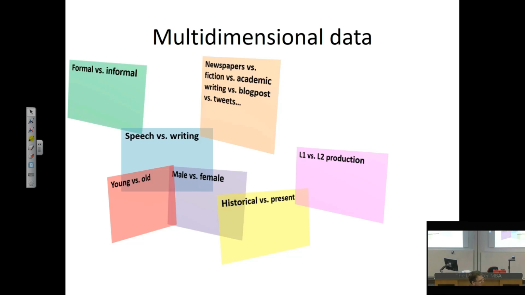We can look at different speakers, young and old, male and female, speakers from different social classes, if you like, especially in the British context. Speakers from different historical periods and texts produced in different historical periods, and also speakers who use English or any other language as their first language, or speakers who use that language as their second or additional language. So again, there will be different scopes of variation there.